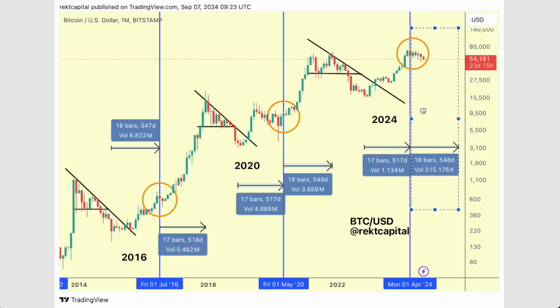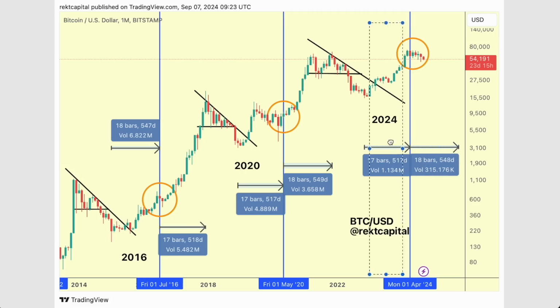And now 548 days after the 2024 halving is when we should see a bull market top, based on these historical tendencies that we've seen play out in the past, which means that we'd get to a bull market peak of October 2025. So now being in September, only the beginning of September, that means that we have just over a year at most still to enjoy this bull market before we finally see a peak in Bitcoin's price action.